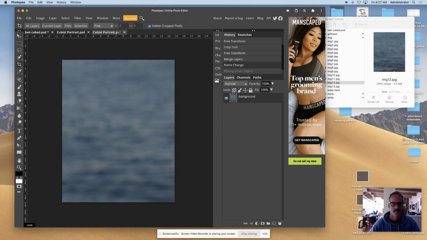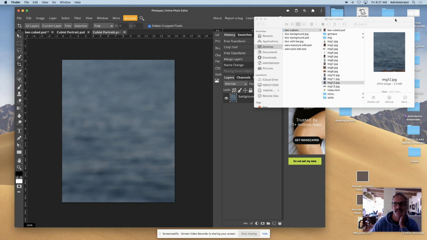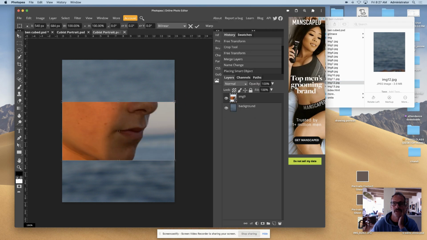Here we are. One more video just to explain how you might begin arranging the pieces. So you got your background set and start grabbing photos. I'm being a little random right now. And when you just drag it from the desktop onto Photopea, it'll open as a layer on your current document right there. All right. And when you put a picture into the document, it starts with these transform controls, and